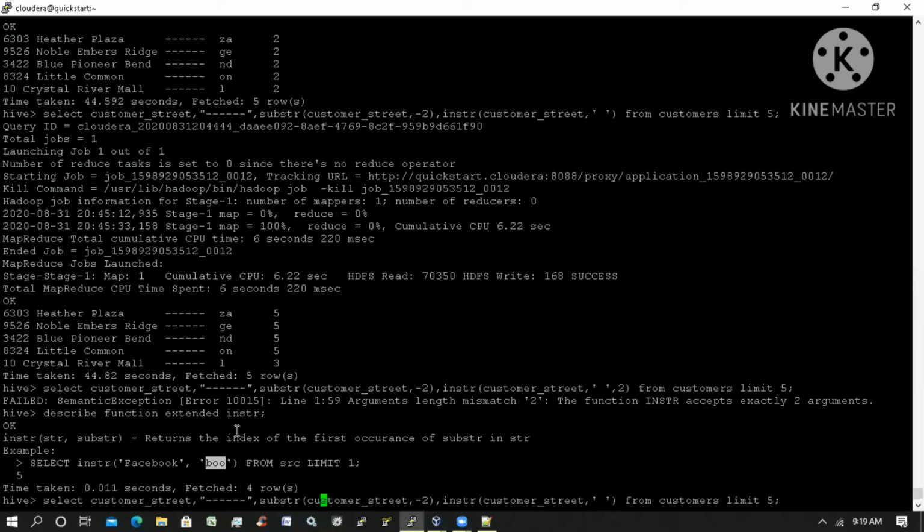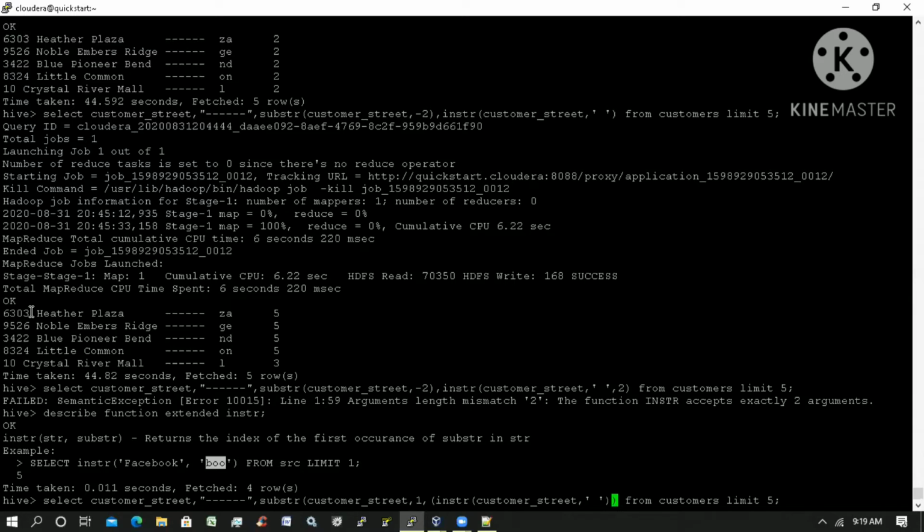We'll use substr with INSTR and cut the value. 1 comma INSTR value. What is my INSTR value? It is the space position. Till that position, I am cutting the value from the first position to before the space.